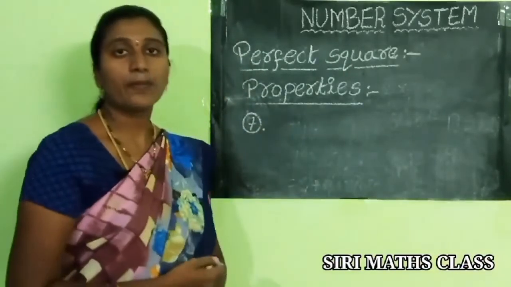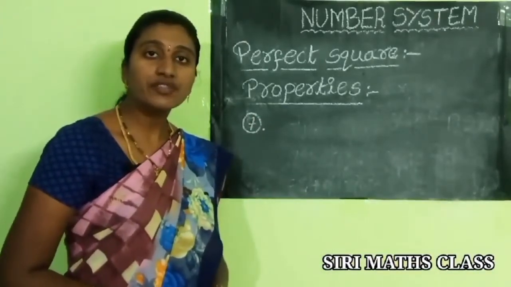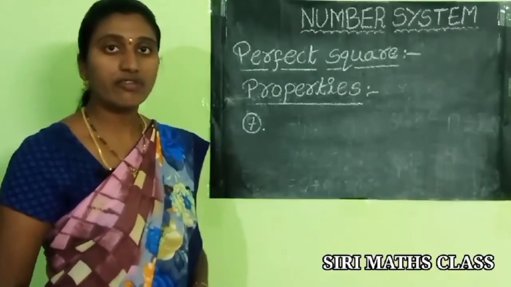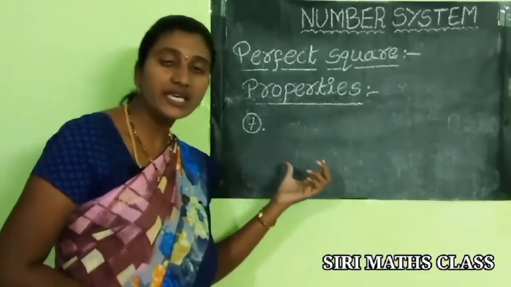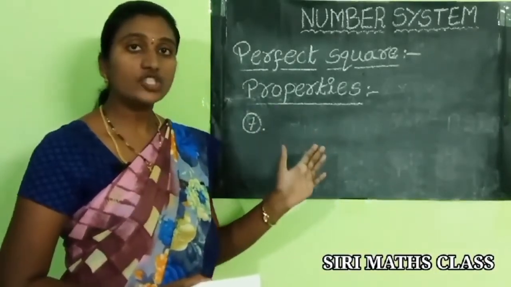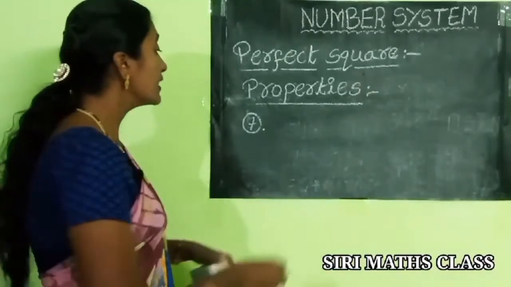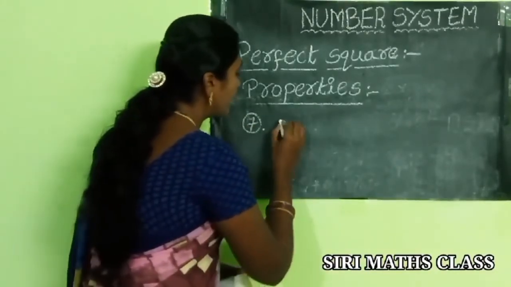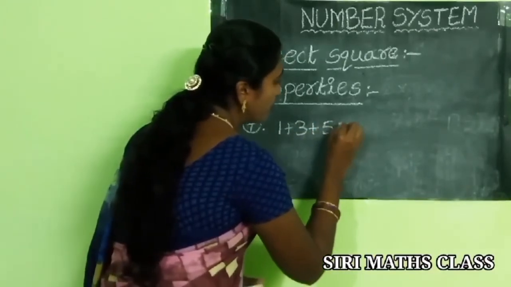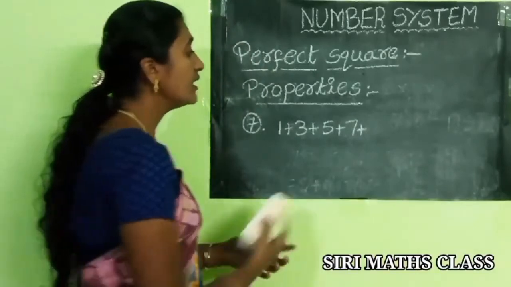Next, 7th property, 7th condition. What is the condition? The sum of the first n odd natural numbers is a perfect square. Okay, what am I saying here? The sum of the first n odd natural numbers is always a perfect square. Tell me, what are the first odd numbers? 1 plus 3 plus 5 plus 7 and so on. So many values are there. Here I am taking